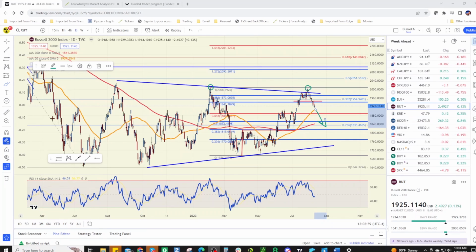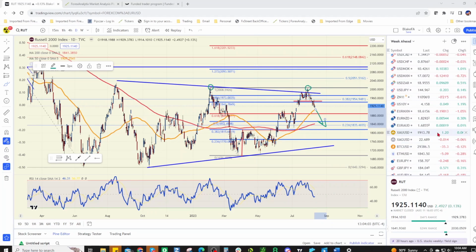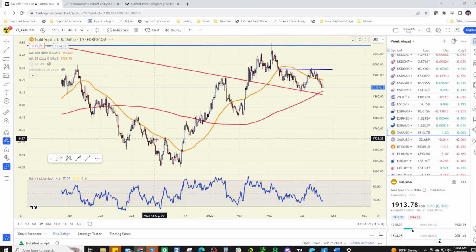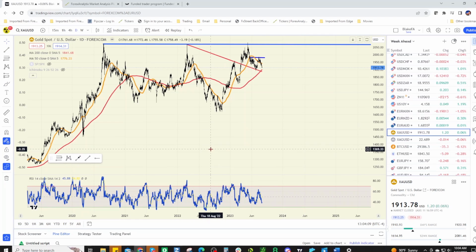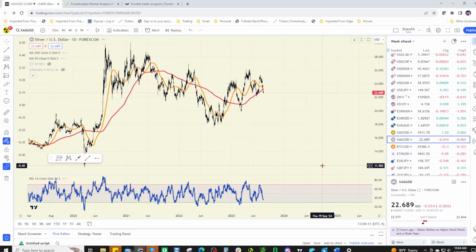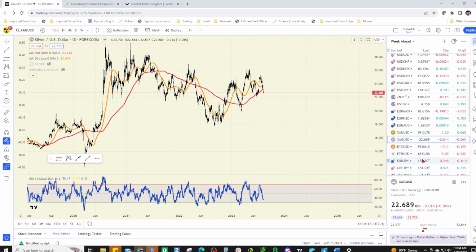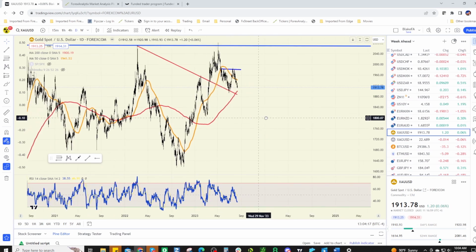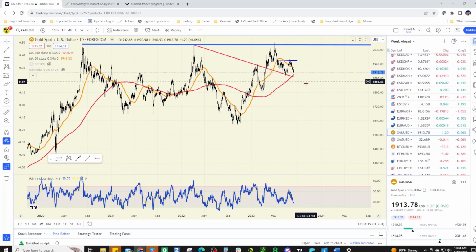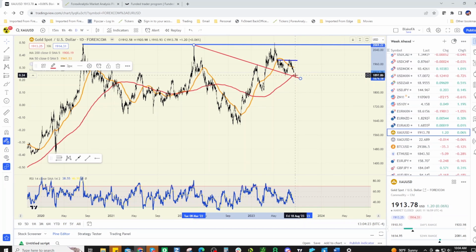All right, so last thing I want to cover, and don't hate me, guys. I know there's a lot of long-term precious metal bulls. Look, I am one too. Gold looks vulnerable. Silver looks vulnerable. I think that they can't rally, and they haven't been able to rally. We broke back below 1935. If we start breaking below the 200 DMA in gold once again, it could open up a move towards